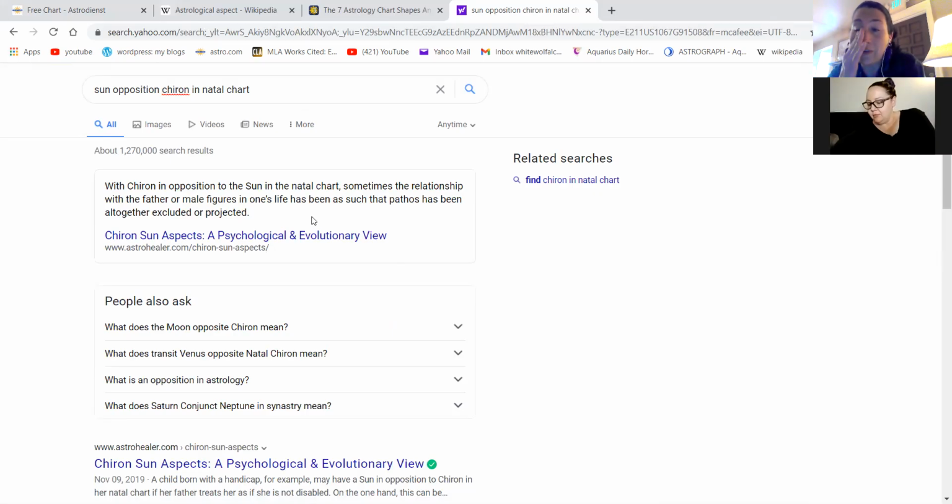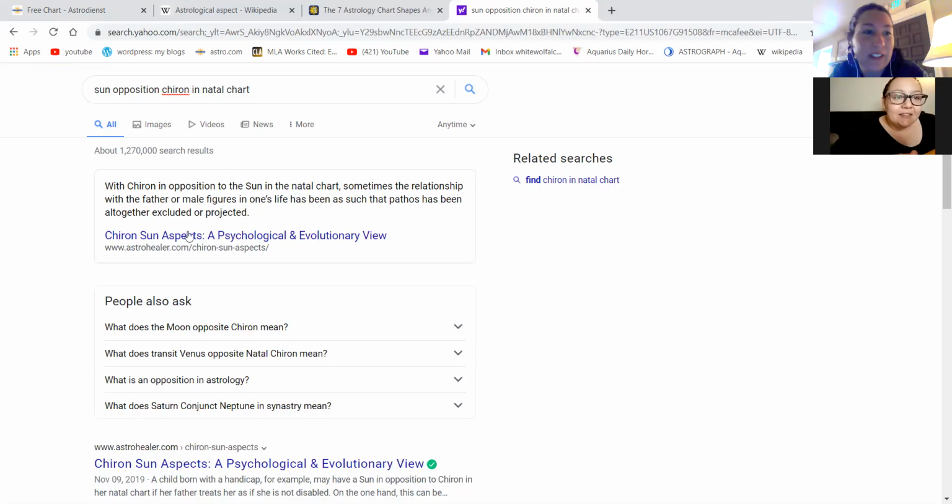Interesting, because the sun in a chart, your moon is your mother and the sun is your father, and you have pretty powerful aspects to both your mother and your father. And I have issues with both of them. So, you know, that's what it says. Literally, it says in the very first sentence of Chiron in opposition to the sun in